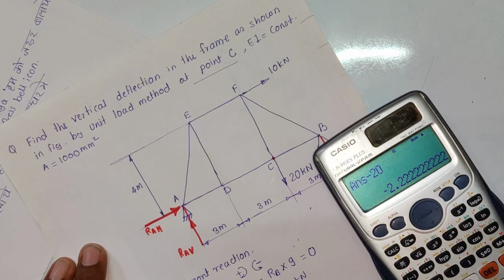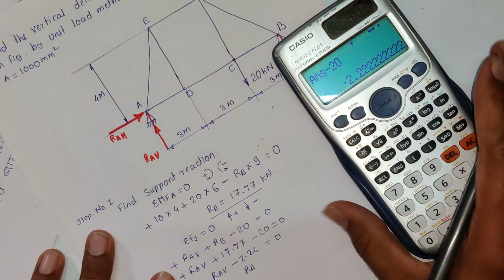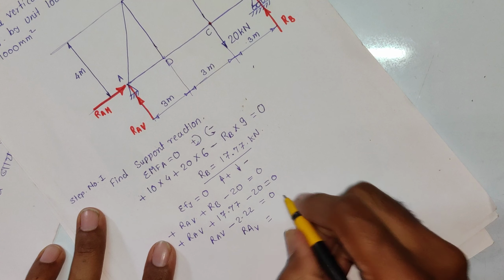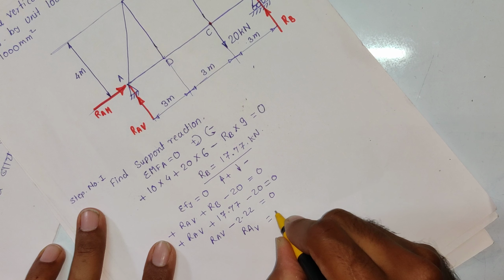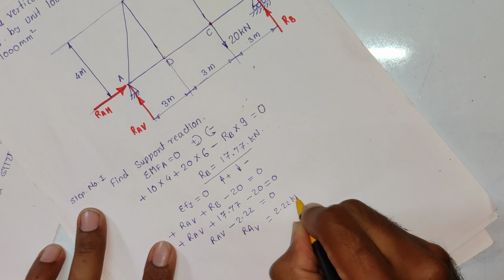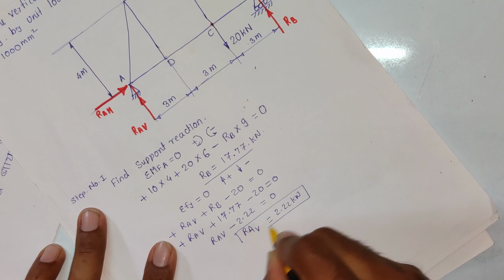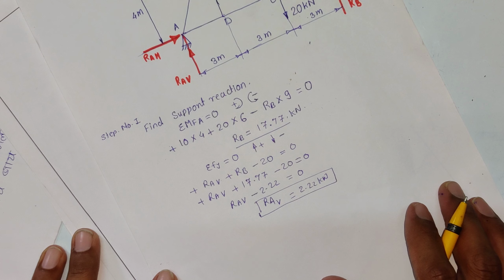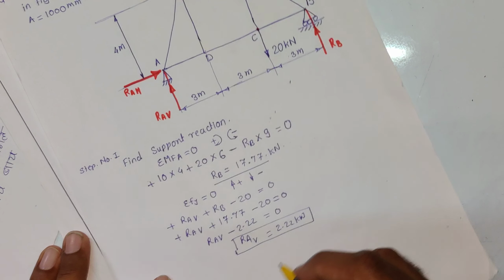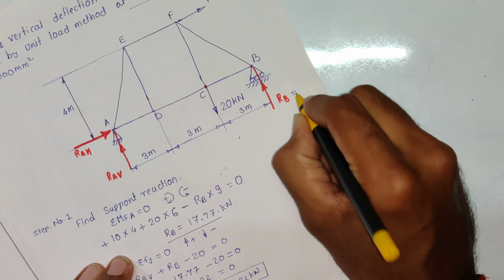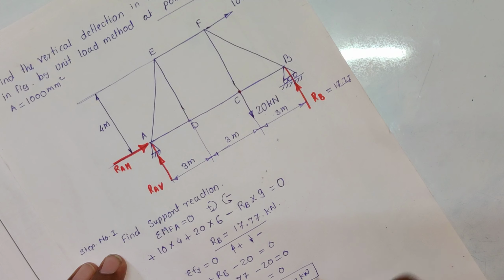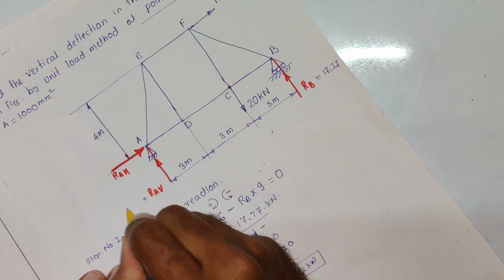RAV is equal to 2.22 kilonewton plus positive. Clear? So I'll write these values. RB is equal to 17.77, RAV is 2.22,